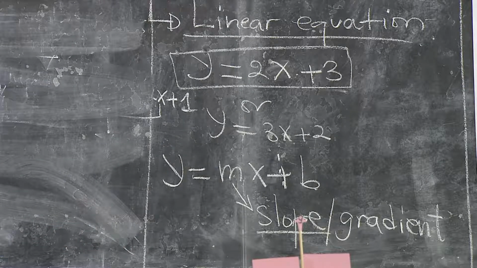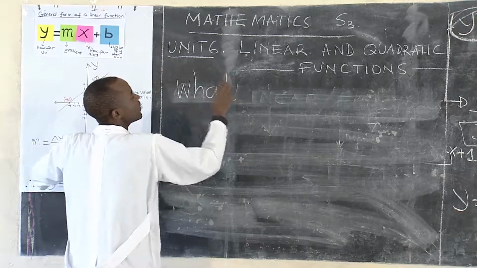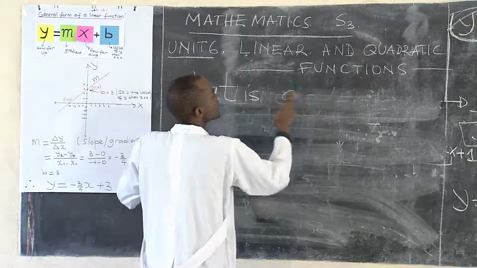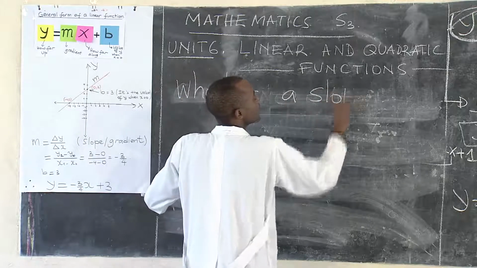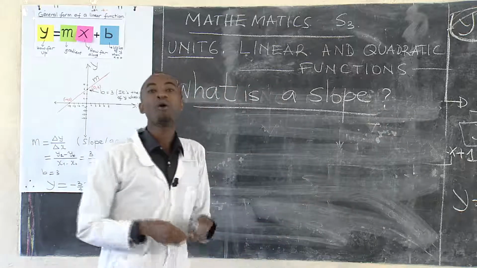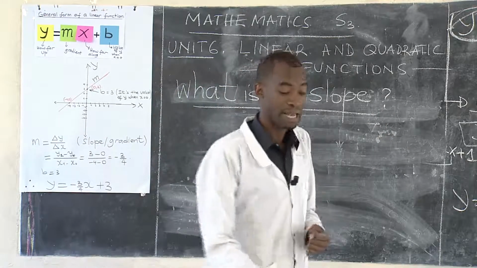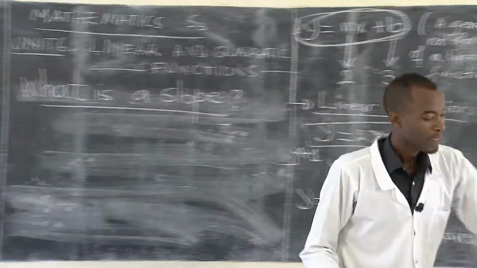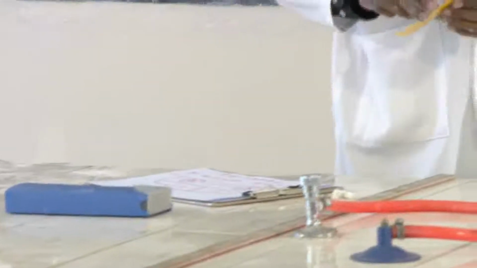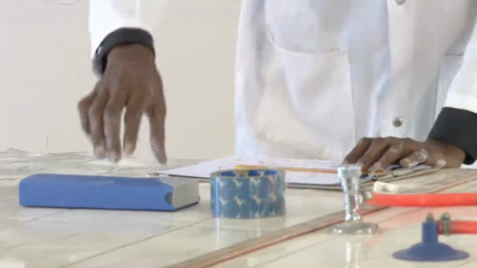So, we need to know what is a slope. What is a slope? Or gradient. A slope is very important in our everyday life. For example, when you take this school box and also this step, if I try to put